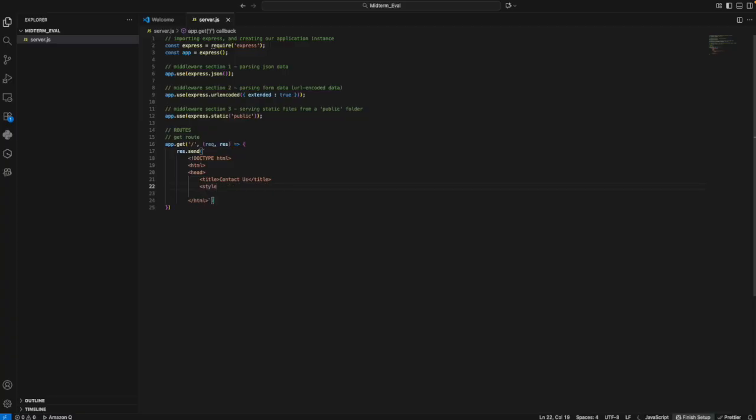Let's go style, body, put some font family Arial, just because I find it to be a little more readable, a little easier on the eyes. Max width of 500 pixels, margin 50 pixels,